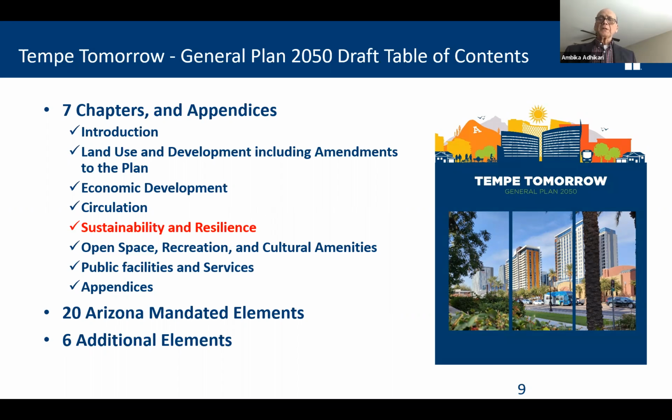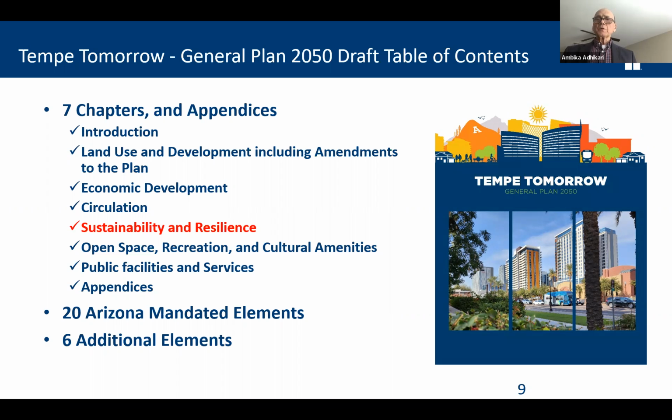Another chapter will be economic development, and it will have several elements in there. Circulation means basically transportation and walkability. And we used to call it a conservation chapter, but that is now going to be renamed as sustainability and resilience, because sustainability and resilience is now a very important theme for Tempe. We actually have an Office of Sustainability and Resilience that was created after the last general plan was ratified by the voters. So that would be the name of the chapter. The elements remain the same. You know, it includes conservation, land remediation, floodplain, wildlife, and those kind of things.